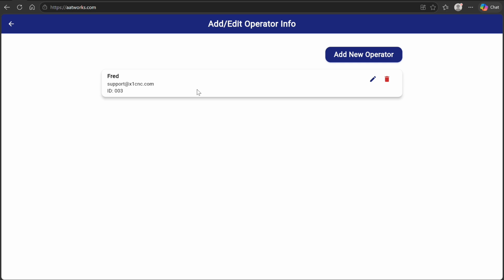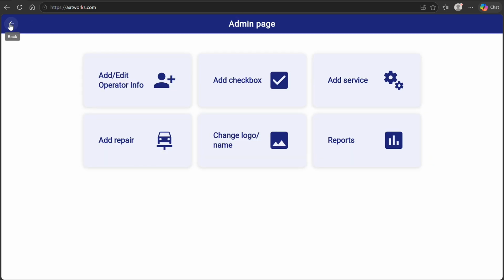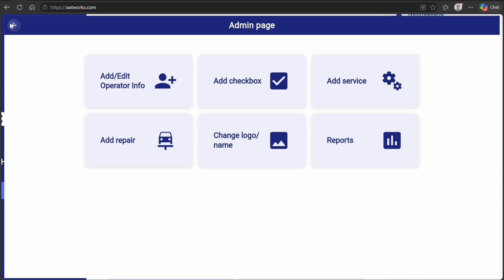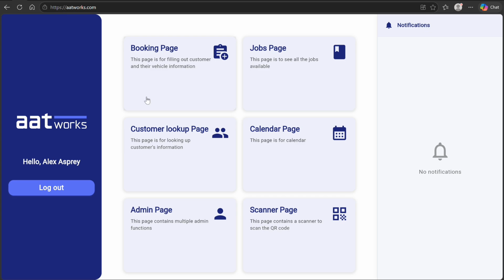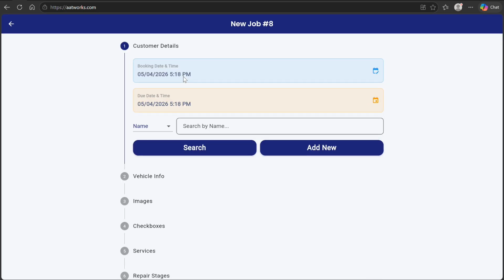You can add your valeters, collect and delivery drivers, whatever you want to do, because this software will work with anything within the automotive industry, really, whether it's a MOT test station, repair garage, body shop. So if I show you the booking in process, for example, so we can say we'll book it in for today,